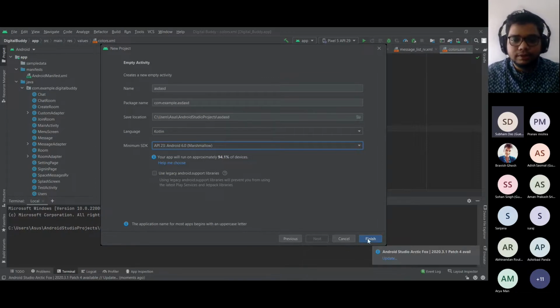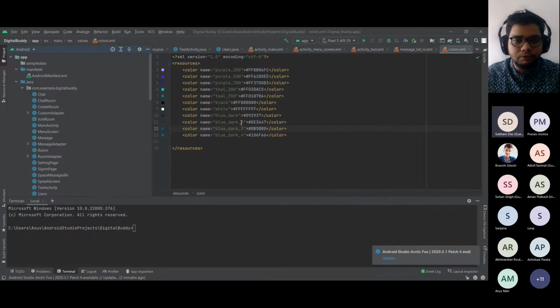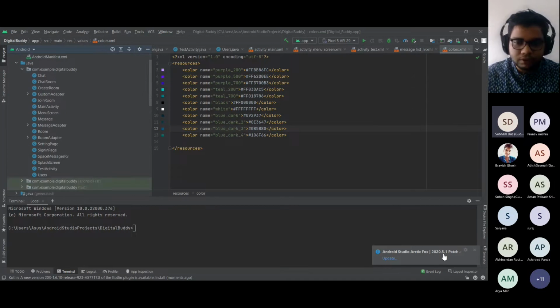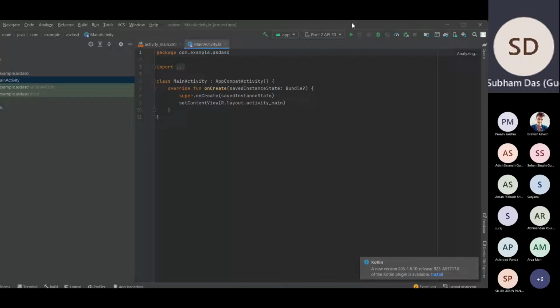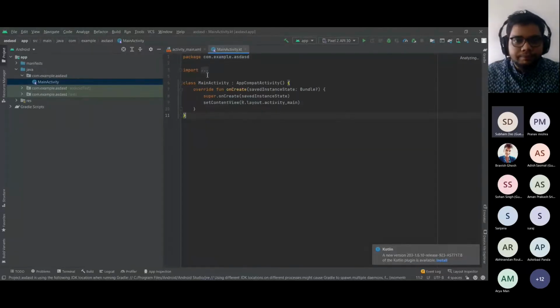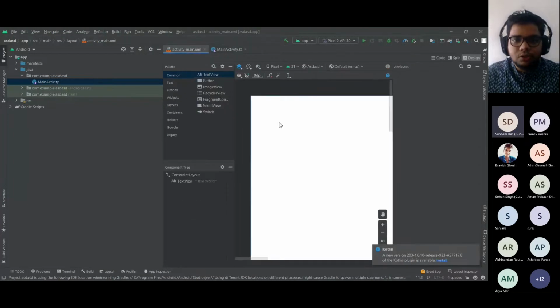So once you create the Android Studio app, once you create a basic template or basic app for your application, I'm sure that it is not visible right now because I'm sharing the previous screen. So you would have basically these two things. Let me share those as well. Okay, so you will be basically having these two things already open for you.